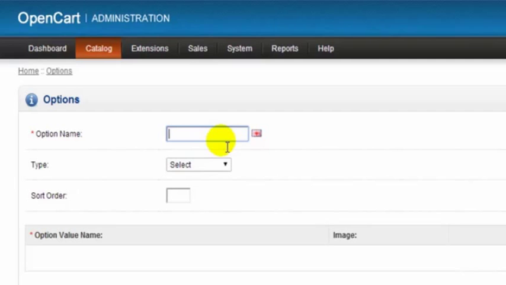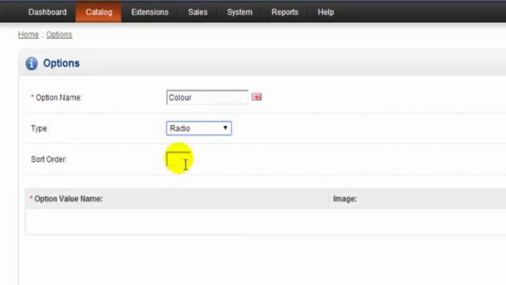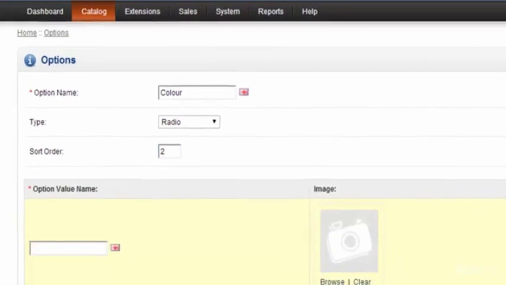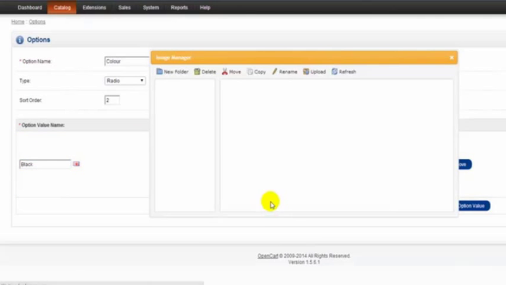So we'll just type in color, and for the option type we're just going to use radio buttons, just to show you, and a sort order of 2. I'm going to add an option color here. Now we're going to upload an image for our black t-shirt, so we click browse into our image manager again,